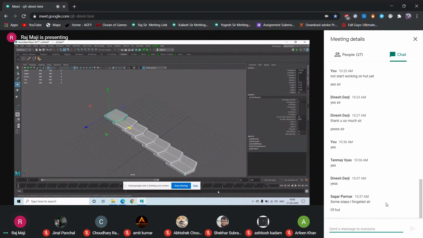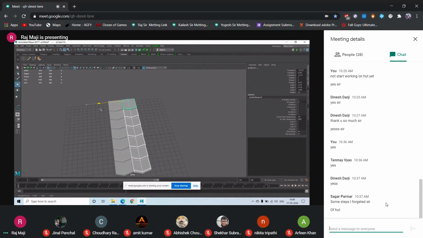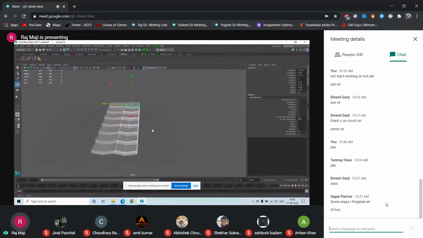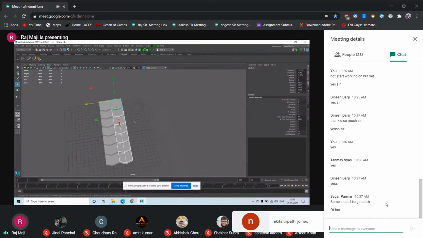Okay, now similarly I will duplicate. It has to be random. Now for the sake of the demo I am keeping it like this only, but it has to be random. I will come to that point.